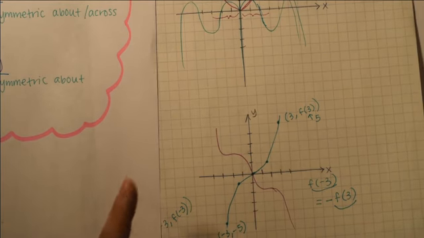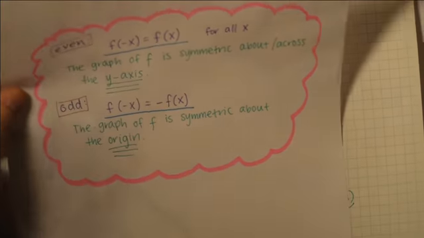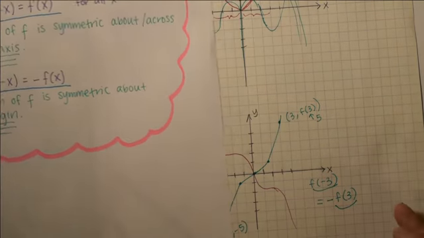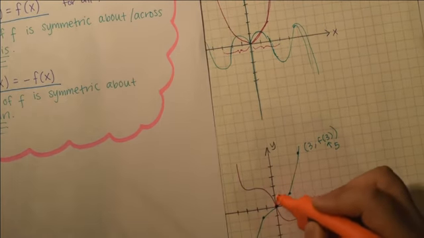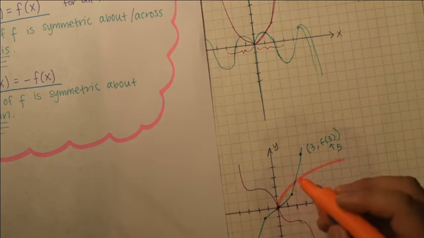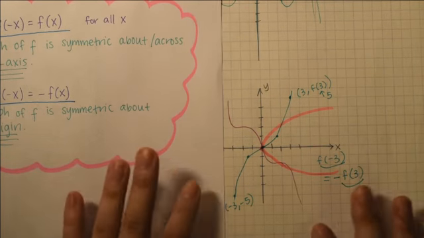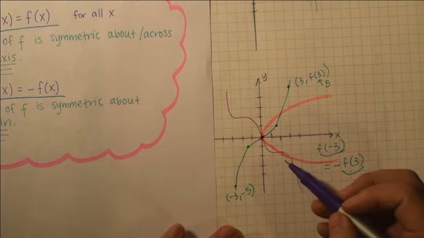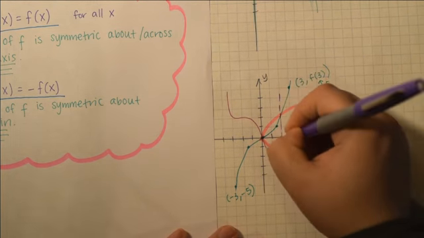So here's a little food for thought and a question for you. Why, for even or odd, do I not have a situation where the graph of f is symmetric about the x-axis? Why would I not say some function like this? I'm just sketching this. If you want to think on that one, you can pause this for a second. The reason is that you're not going to get a function with a graph like this, because it doesn't pass the vertical line test,